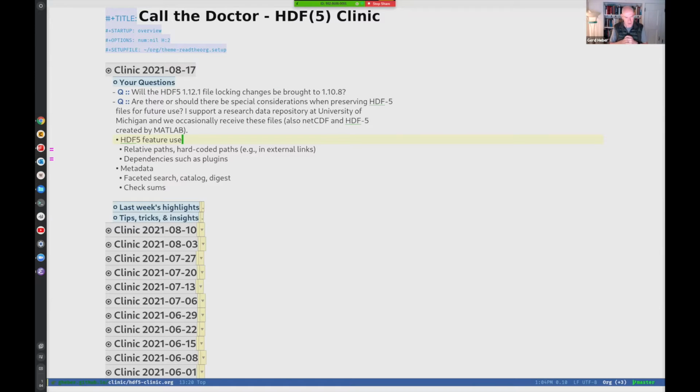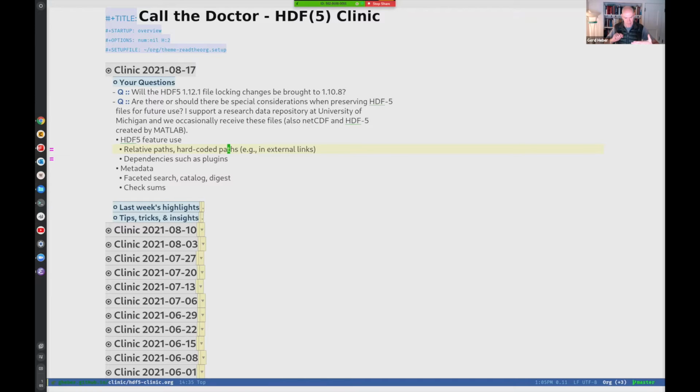But as I was saying earlier, it is possible in some HDF5 files that you can introduce dependencies, or you make assumptions about the context in which that HDF5 file occurs. So for example, in HDF5, we have that feature called external links. What that means is you can have an HDF5 file that refers to objects in other HDF5 files.